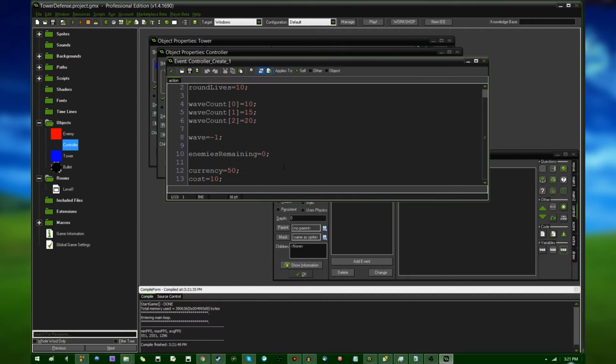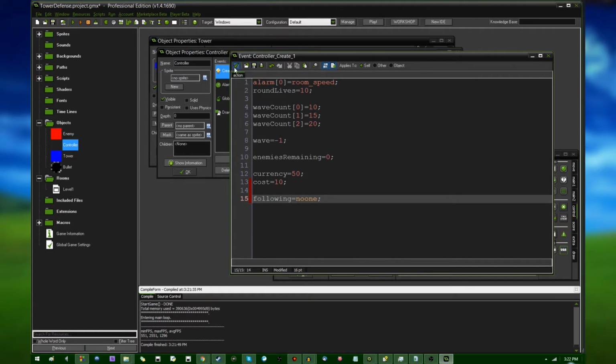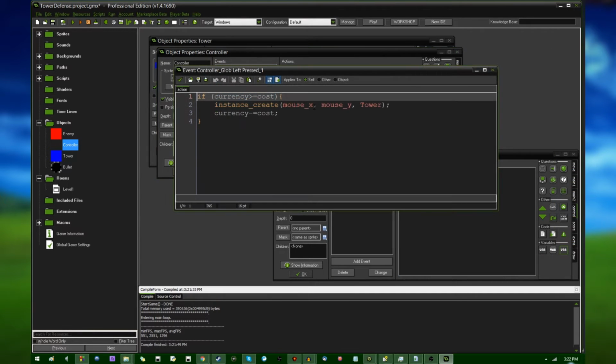In controller's create event, I'm going to add another variable, following. And it's going to start out as noone. And this is going to represent the tower, if any, that is currently attached to the mouse cursor. So there are now a couple different things that the game can do when you click a tower, and I'm going to go and account for them here. So if following is noone,